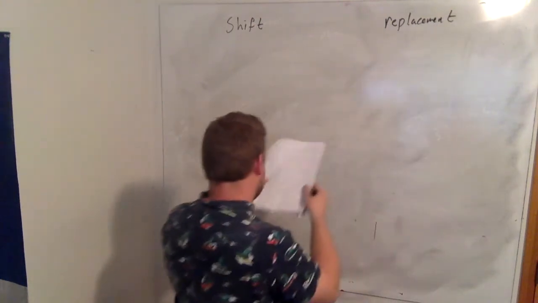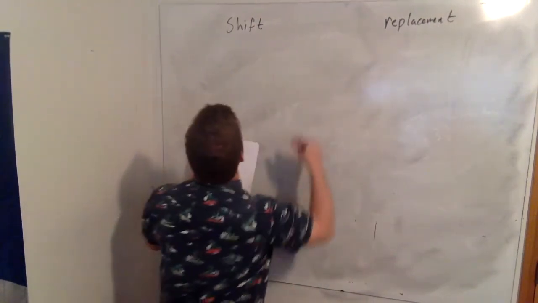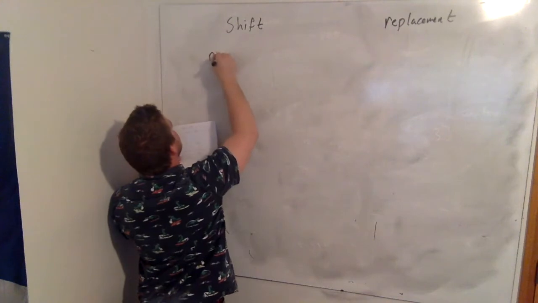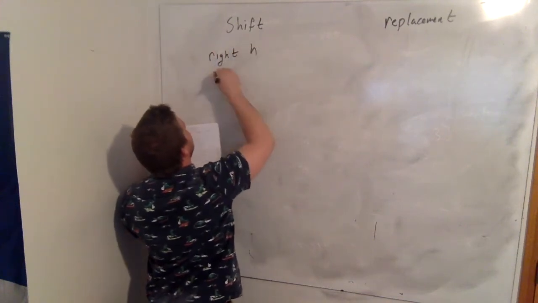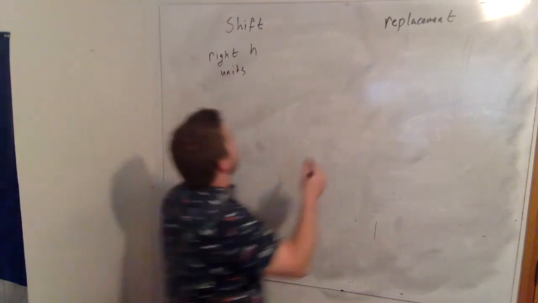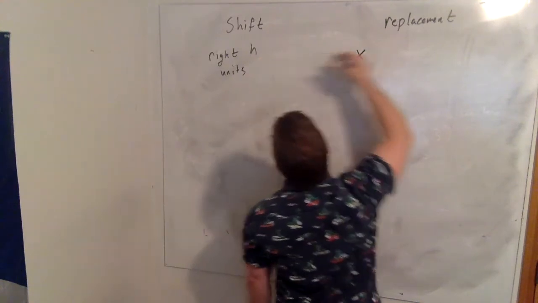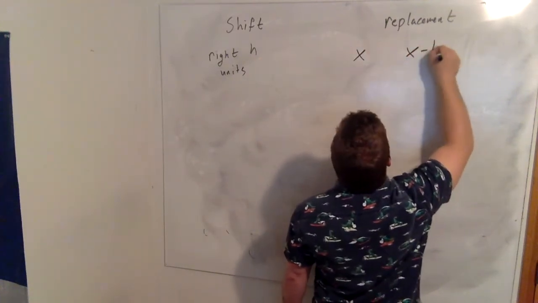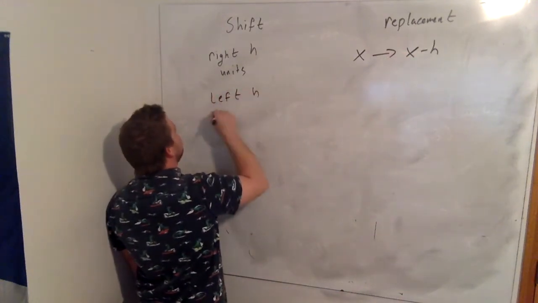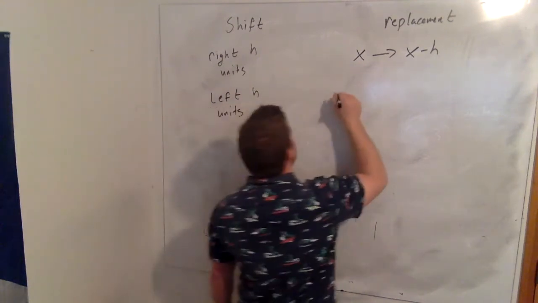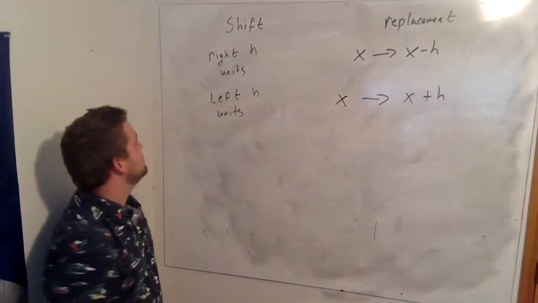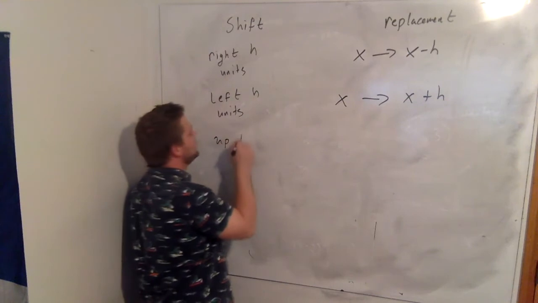Let's say we want to go right h units. If I want to take a parabola and shift it right h units, in this case we're going to replace x. x is going to get replaced with x minus h. This is the replacement. If we want to move it left h units, we're going to replace x with x plus h. If we want to shift the graph up k units,